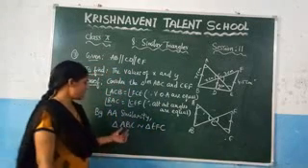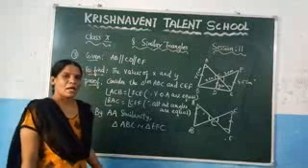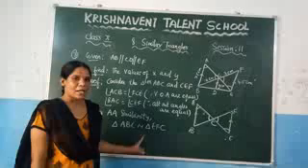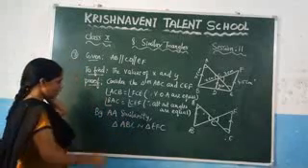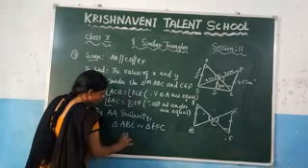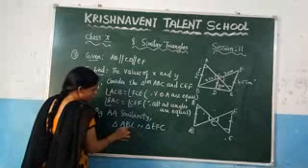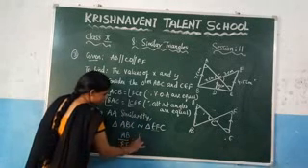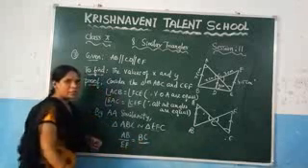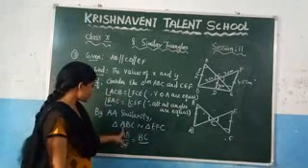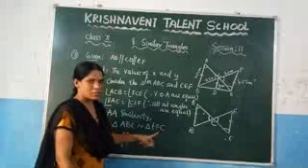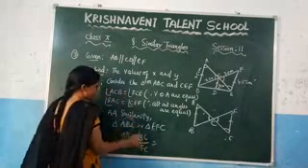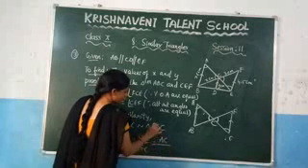Now we got that these two triangles are similar. And you know that if two triangles are similar, their corresponding sides are proportional. So you can write this as AB by, what is the corresponding side of AB, which is nothing but EF, is equal to BC by, what is the corresponding side of BC, which is nothing but FC. So writing here FC is equal to what is the corresponding side of AC, which is EC.